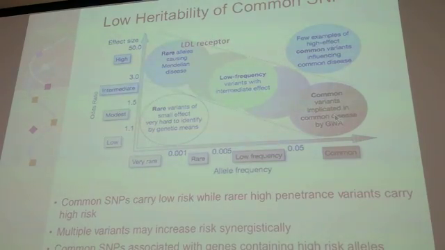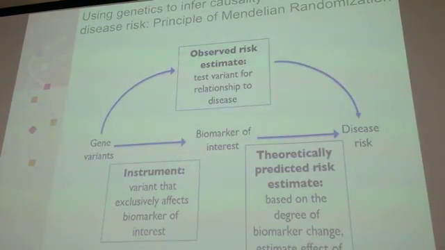So this is sort of the axis that most of genetics works on. Rare variants with big effects, Mendelian disease, common variants with small effects related to chronic disease. And that's really the point you should take away from this slide. Off of this axis are the rare variants with small effects, and the common variants with large effects, which are uncommon. There are very few examples of common variants that have big effects, and that's what makes it necessary in these complex traits to look at many thousands of people, because you need to get the statistical strength to show that